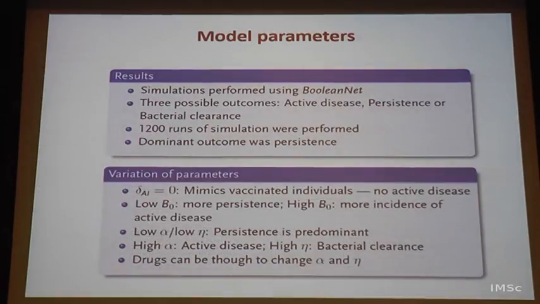So, transfer functions. In summary, the model parameters are, this was initially done using BooleanNet, but there are again a number of tools today to do this. So, 3 possible outcomes as I told you, and because there were some random parameters and we also did not know the order, this was an asynchronous update. We did not know the order of each event, and therefore, you had to do ABC, you also had to do ACB. So, you do it a large number of times, like I said, and we find that the dominant outcome in all these simulations is actually persistence.